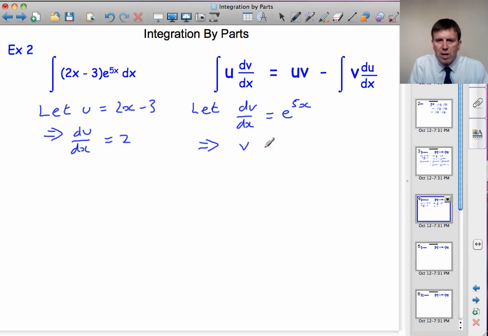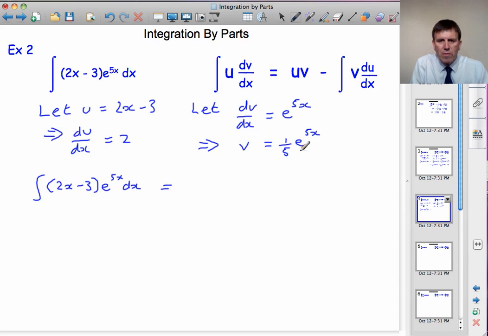The integral of e to the 5x is 1/5 e to the 5x. The power never changes when you integrate an exponential, but we have to divide by the differential of the 5x. Now we've got all the terms we need to substitute into this expression here. So we can say the integral of 2x minus 3 multiplied by e to the 5x dx is equal to